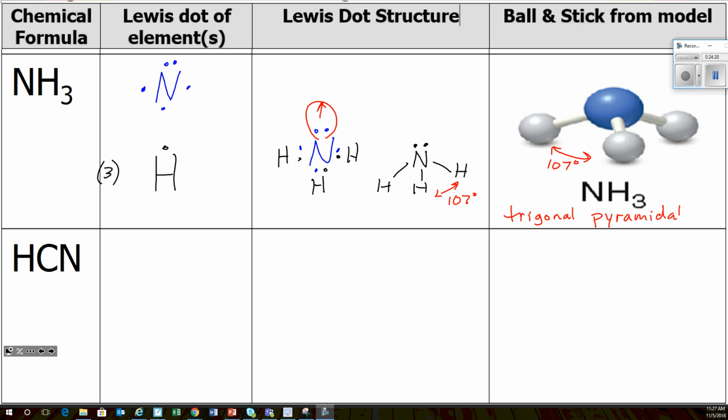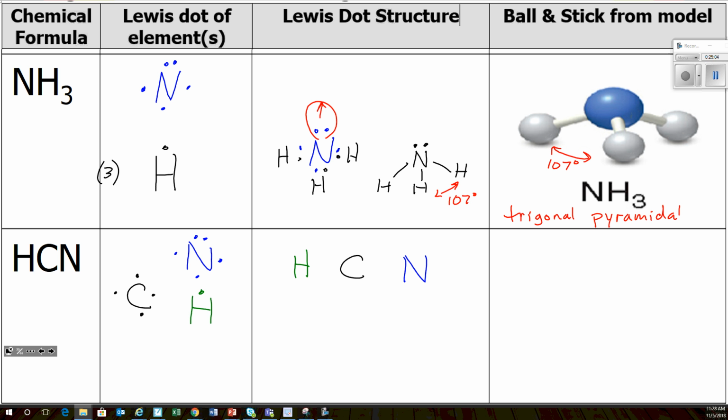Now, this next one gets a little hairy. So we have nitrogen, which is blue. So we're going to do a nitrogen, and it needs 3. We have carbon, which is black, that needs 4, and we have a hydrogen, which, I only have 4 colors, so I'm going to pick green, needs 1. Okay, help me out. What do you think is going to be the center? Which one? Carbon. You're right. Carbon is the center. So we're going to put carbon in the center. Okay, so that means on either side I'm going to have a hydrogen and I'm going to have a nitrogen,